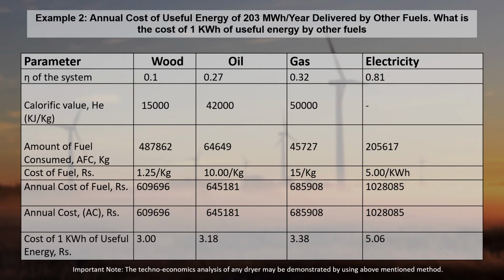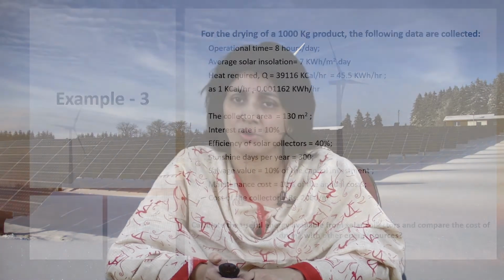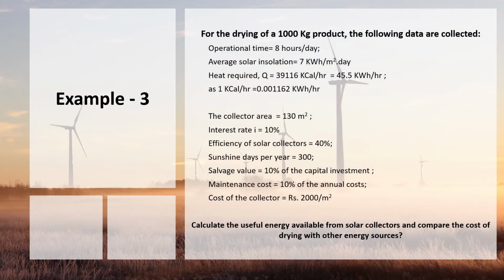The techno-economic analysis of any dryer may be demonstrated by using the above mentioned method. Let us take one more example. For drying of 100 kg product, the following data are collected. Operational time is 8 hours per day. Average solar radiation is 7 kilowatt hour per day per meter square. Heat required Q equal to